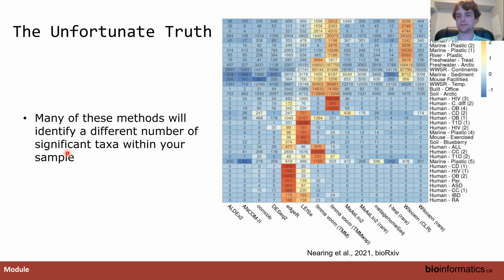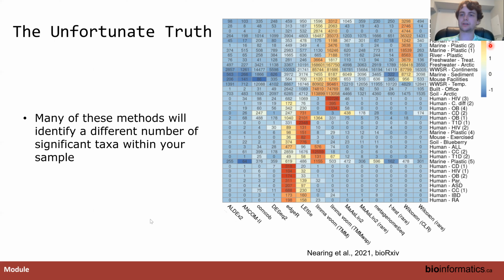However, the unfortunate truth to all of this is that no matter what tool you choose, in many cases you're going to end up with a different number of significant features depending on the tool you chose. What I mean by this is, in this heat map on the x-axis, we have a number of different differential abundance tools, and on the y-axis, we have a number of different 16S ribosomal RNA sequencing data sets. The numbers in each of the cells represent the number of significant features that tool identified in that